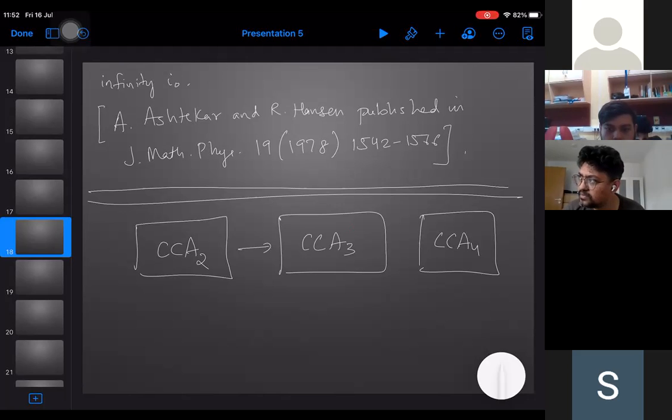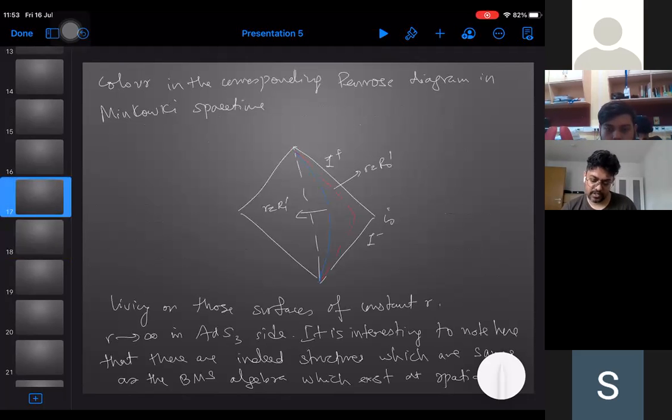But in the limiting process that you mentioned, if I take R going to infinity, that constant R is a surface for both. Yes. So then I would think that the CCA2 requires, how do I localize on just scri plus or scri minus from that limiting process? From localizing, you mean just going one way, right? Okay. Yeah.